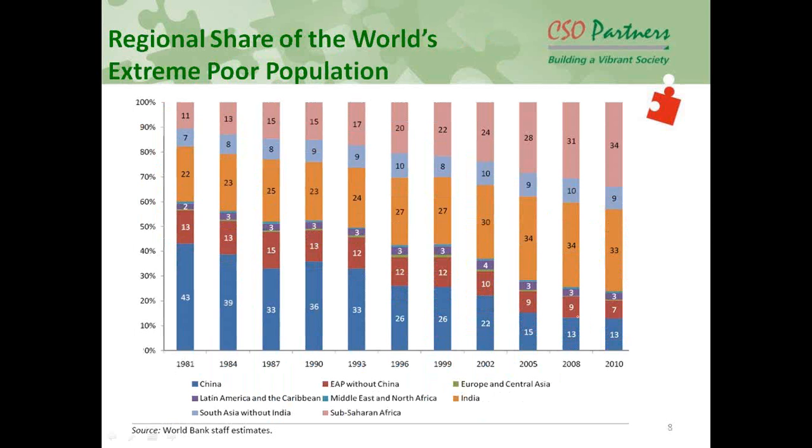demography. The regional share of the world's extreme poor population, again, if you see, this is India, this is the share, 33%. So of the extreme poor in the global scenario, our contribution is 33% globally in 2010. This is the 2010 data. Again, if you compare it with Sub-Saharan Africa, they are 34% and we are just behind them, 33%. But at the same time, we have 55 plus billionaires in this country. So that is the kind of disparity we are talking about, and that is the kind of livelihood situation we